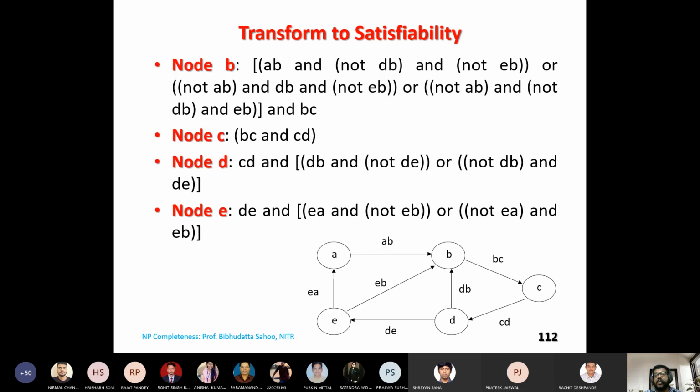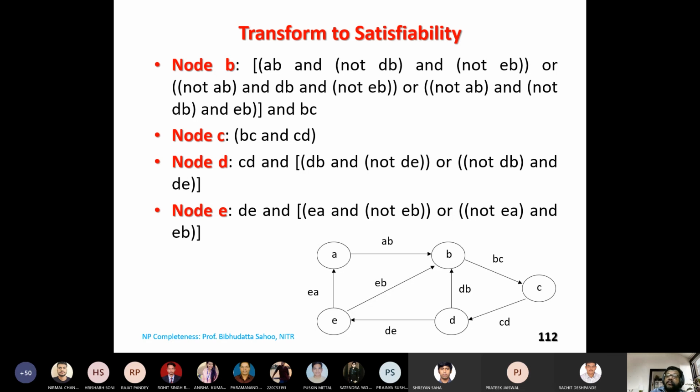Now node number B: look into B, 3 incoming edges, 1 outgoing edge. So this is the expression. This is a very unique example. You won't find it easily, maybe it's a collection from the web. I have been using it for more than a decade to explain. So this is a very good example of how, if satisfiability is the first problem proved to be NP complete, we are going to do that. Very easy to understand.